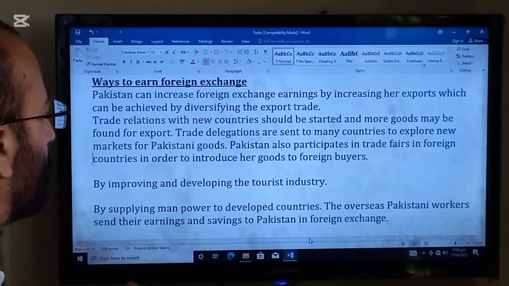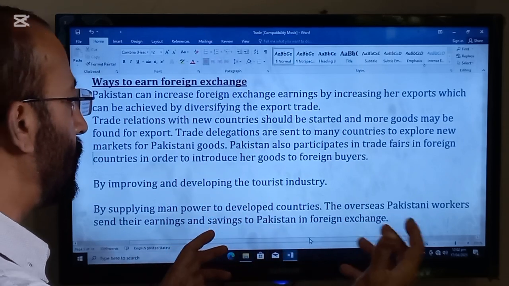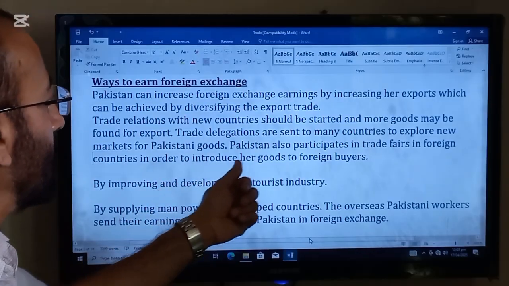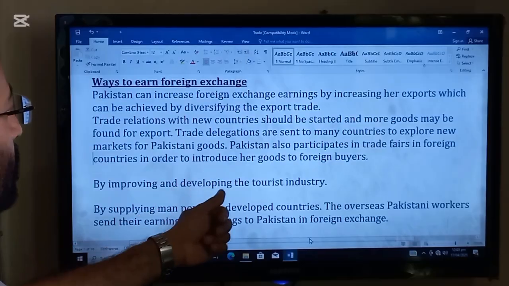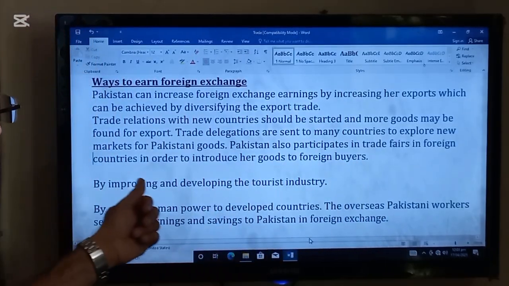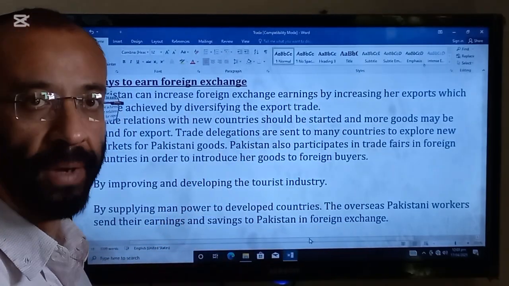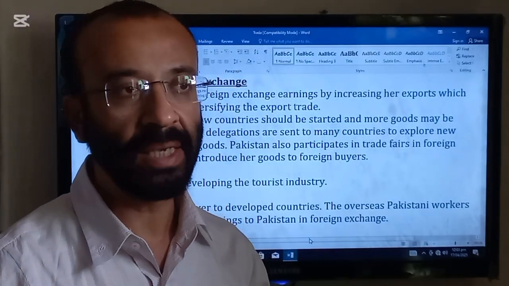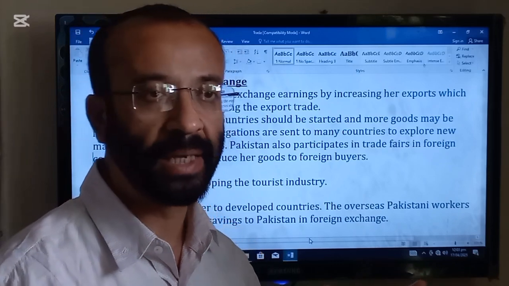Try to create good relations with new countries so that in this way we can export to these countries and earn more foreign exchange. Trade delegations are sent to many countries to explore new markets for Pakistani goods. Pakistan also participates in trade fairs in foreign countries in order to introduce her goods to foreign buyers. So this is the way by diversifying our products. This is one way. And next is by creating good relations with other countries so we can export our goods